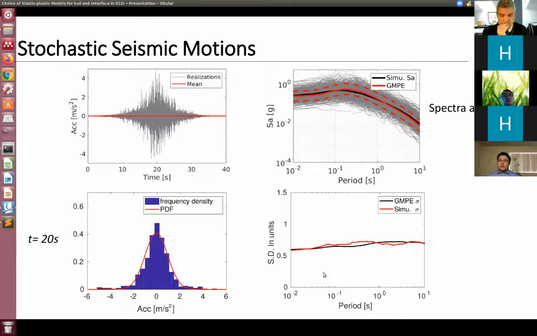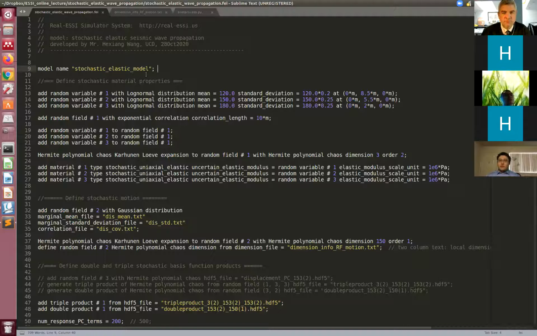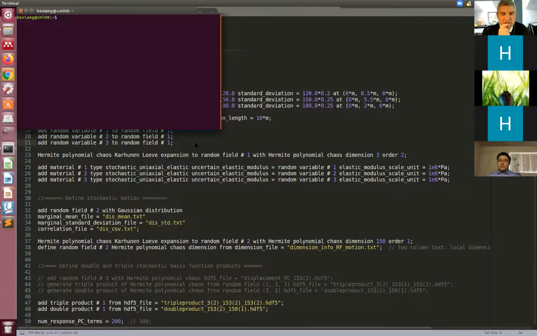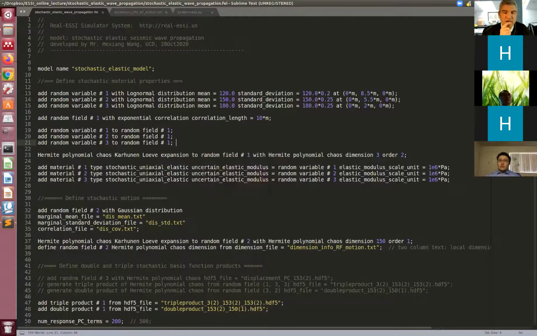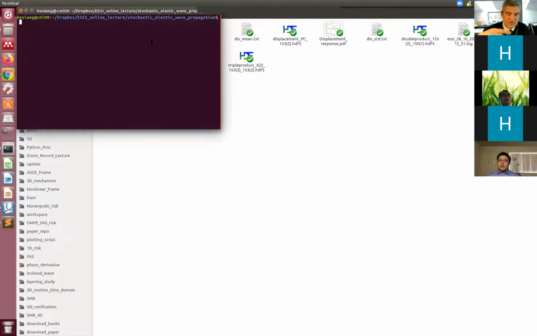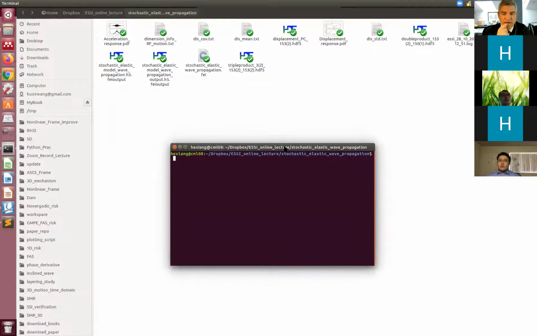Yes, go ahead. Yeah, and then I am going to show you an example of how we really do this in Real-ESSI. Can you see my screen? This is the input file. What I would suggest is, do you have it on the side? Can you run the example just so they see? Yeah, I can. You want to do it later, or maybe okay. So this is the input file, and Heshen is going to run the example, and it's going to run very fast because it's only a few hundred steps or so. And while he's running,